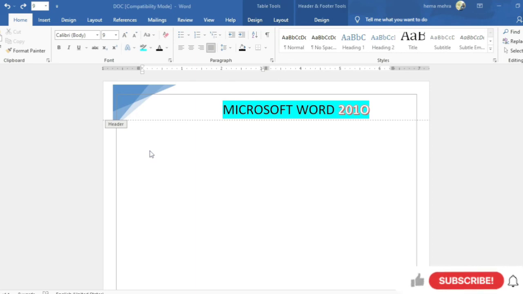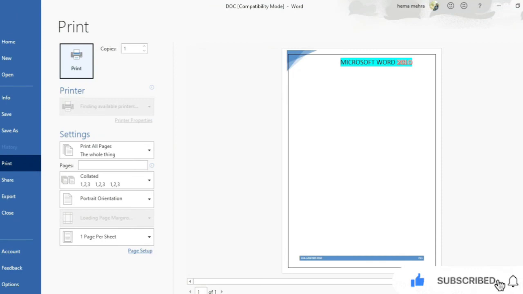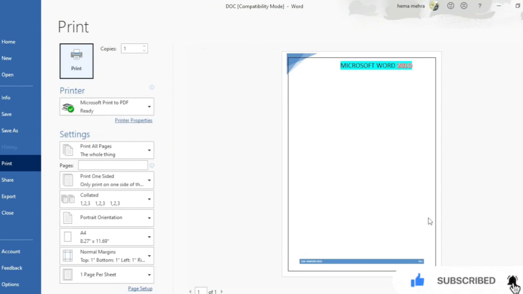So first, the best alternate way we have is just press Ctrl+P. So you can see after pressing Ctrl+P, your document will appear in this way.